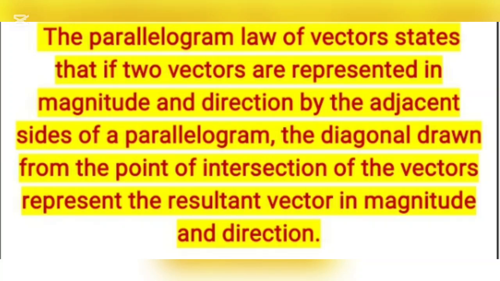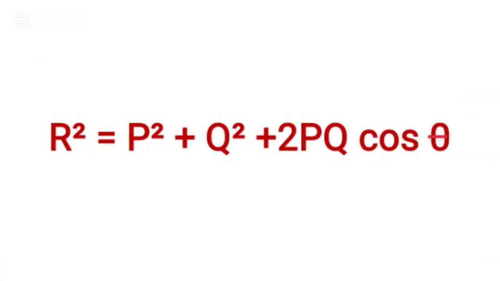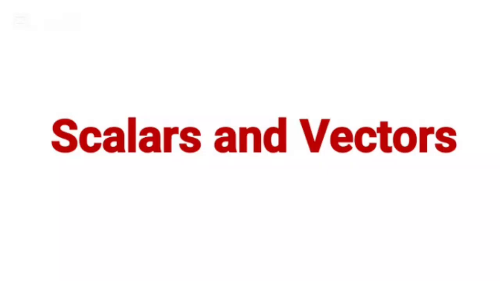The formula is given by R squared is equal to P squared plus Q squared plus 2PQ cos theta, where R is the resultant vector, P and Q are the two vectors inclined at an angle, and theta is the angle between the two vectors. So now we are going to take